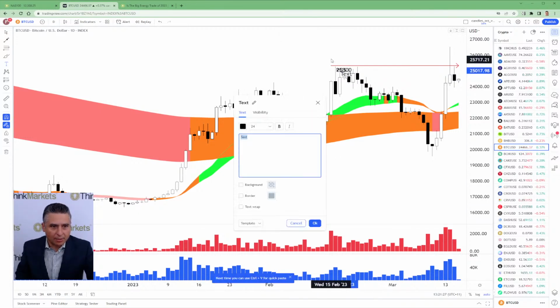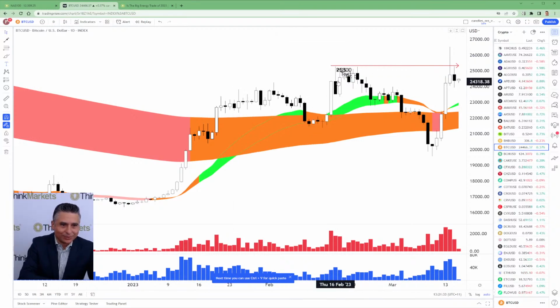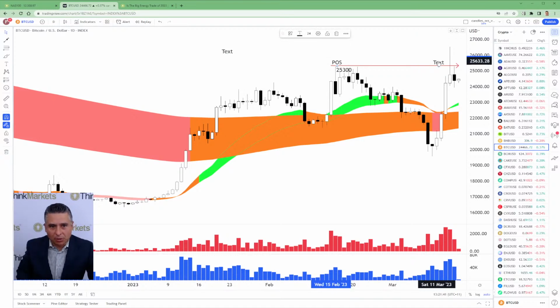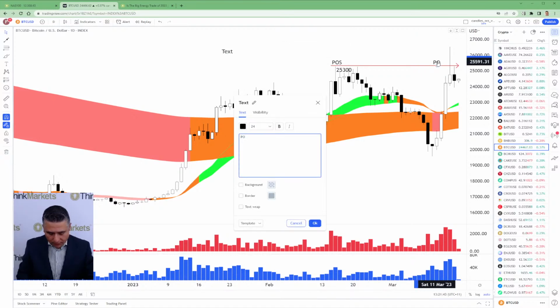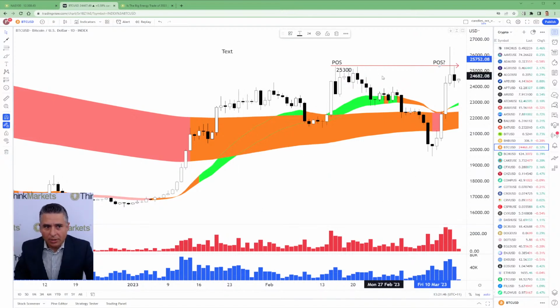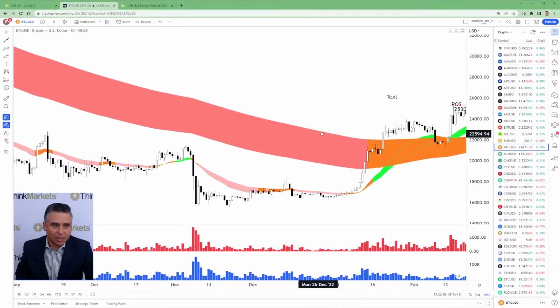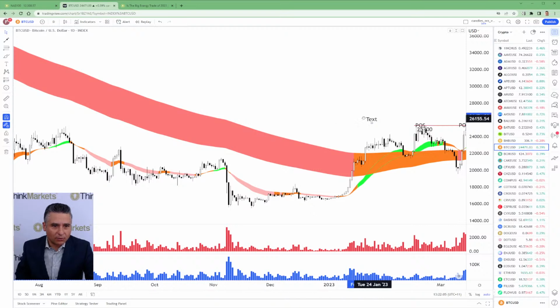And we expect that the old points of supply, if I can get rid of this tool, I might have done it, there we go. And I will utilize these in a second. If I get that, POS, old points of supply tend to act as future points of supply. We don't know they will until we see how the price action reacts at that level. And really, this candle here is confirming for us that the supply at that level continues to linger. And what's very interesting about that 25,300 level is if I zoom out a little bit and go back, we're going to find another key level over here.